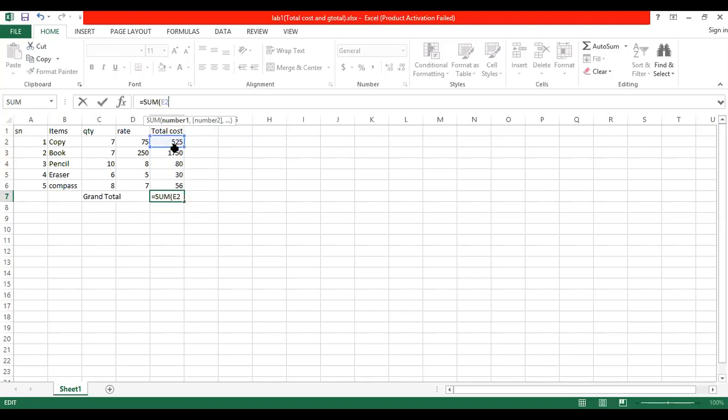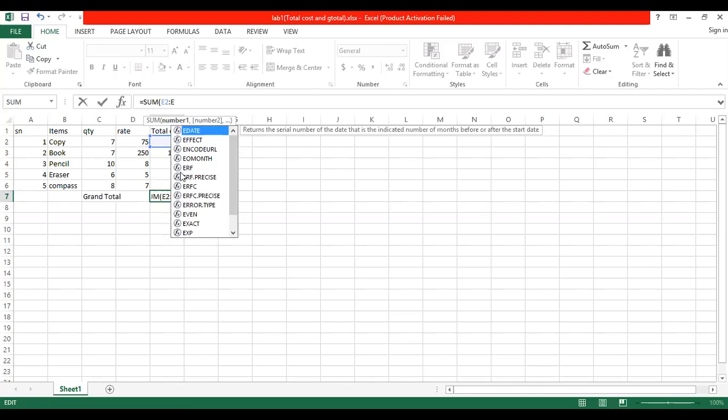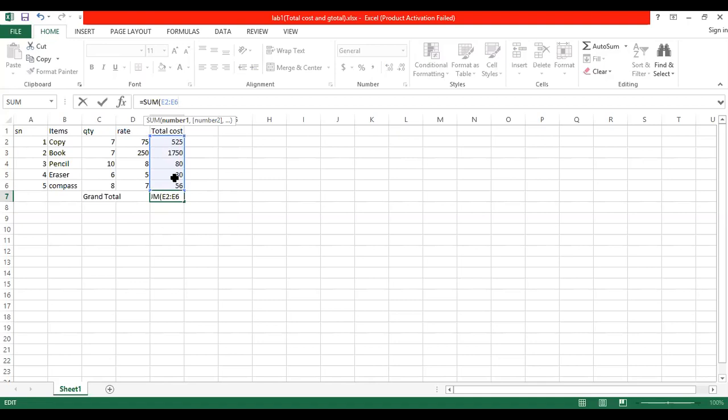E2 colon, the last cell address of this one, 56. The cell address of 56 is column E and row number 6. We will do E6, bracket close. You got the same amount. So by this way, you can find out the total cost and the grand total.